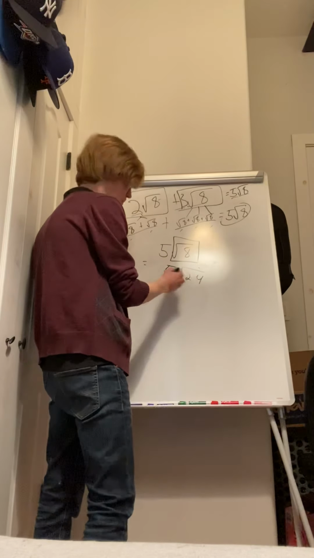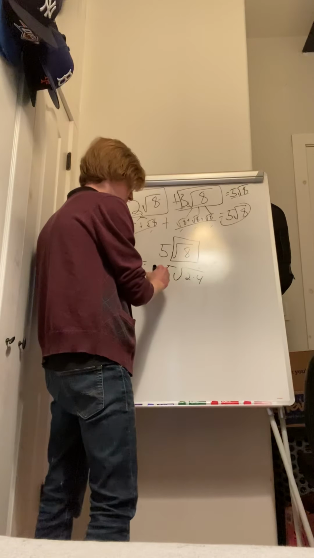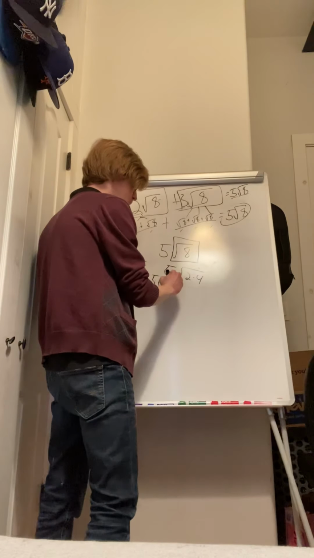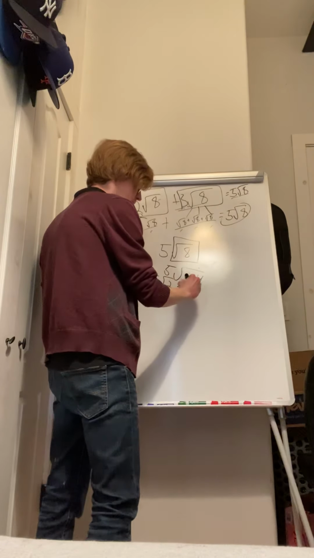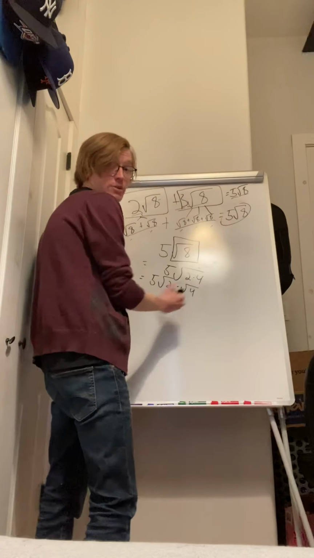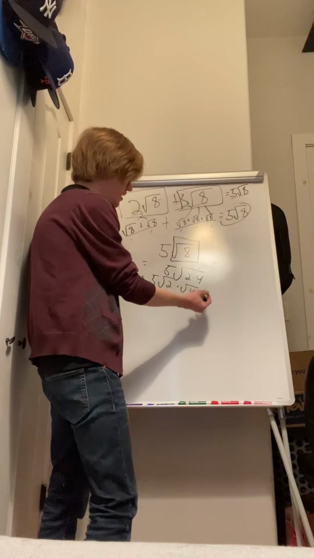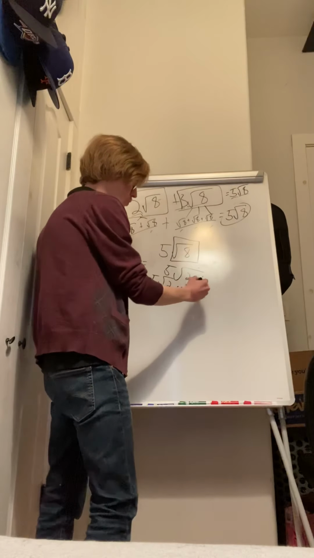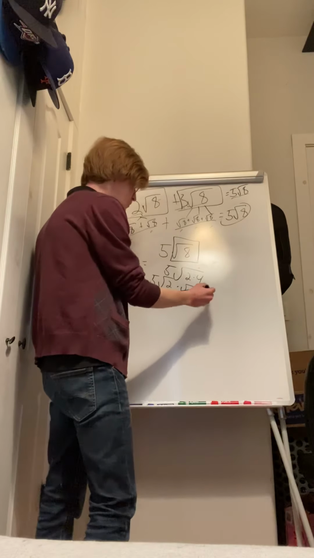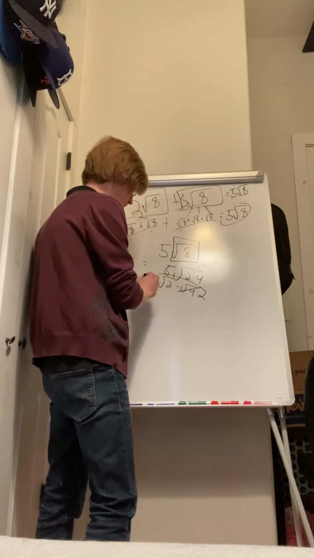And then we know from our properties here that can be rewritten as 5 times the square root of 2 times the square root of 4. And one of these square roots is a perfect square. 4 is a perfect square. So if you take the square root of 4, and that's 2, that 2 comes out, and that means